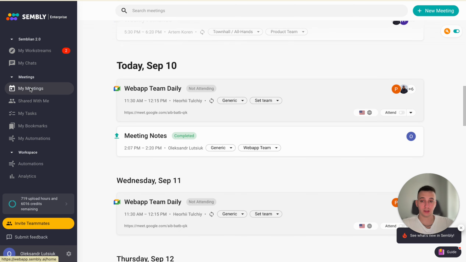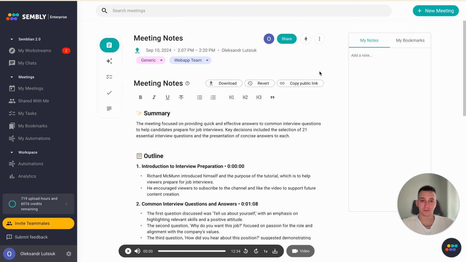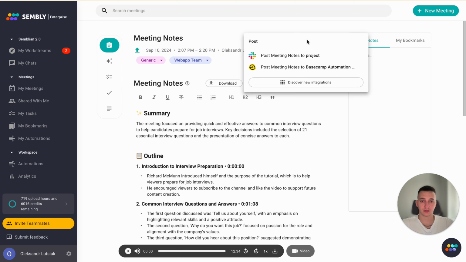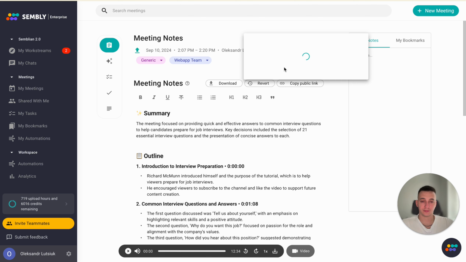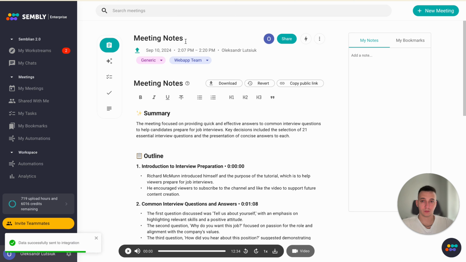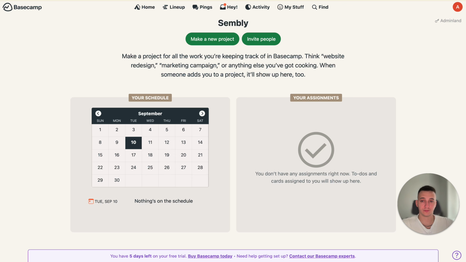Click to My Meetings, and we have, for example, meeting notes. Click to the flash and use this automation. Now we go to Basecamp